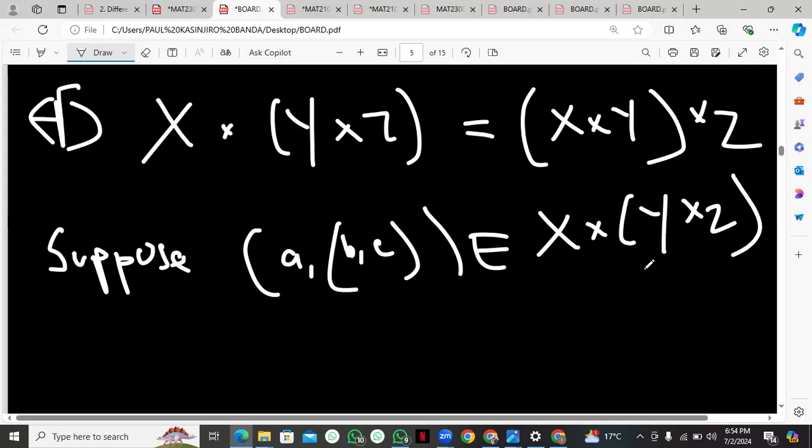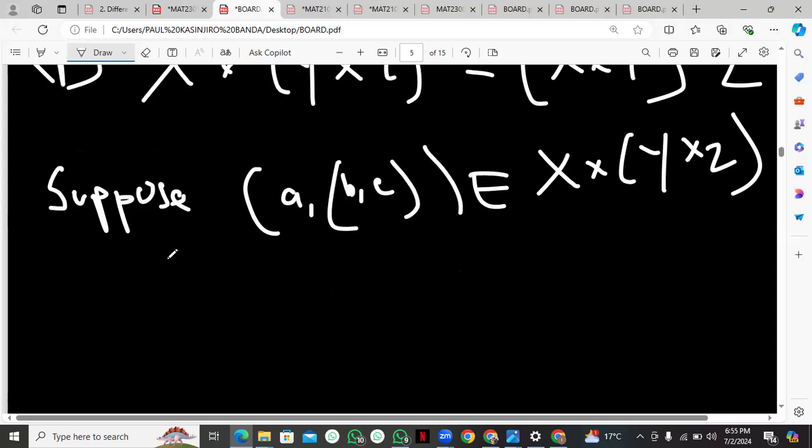Suppose that A is in the set X, B is in the set Y, and C is in the set Z. But when we combine the coordinate B, comma, C, it's in the set of Y multiplied by Z. So by definition, we can write: